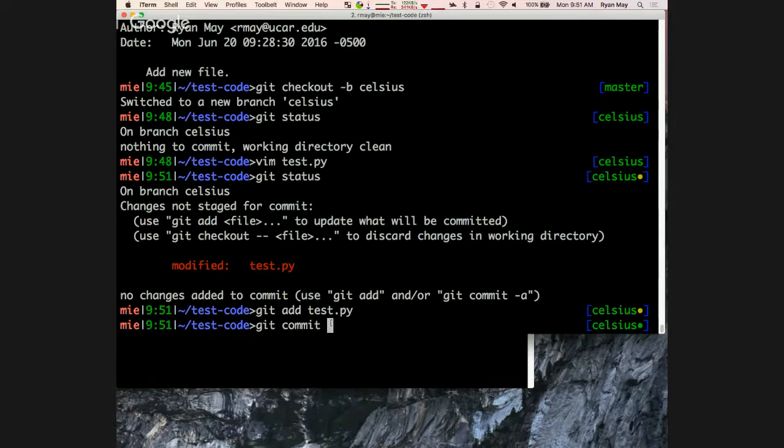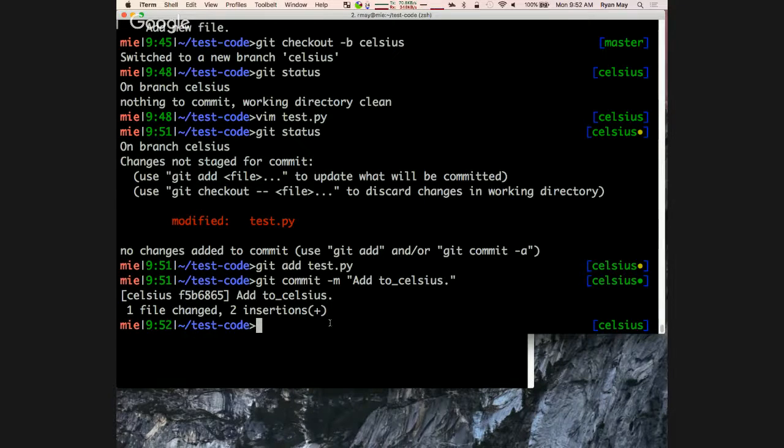And git commit. Same set of steps we've done a couple times now.